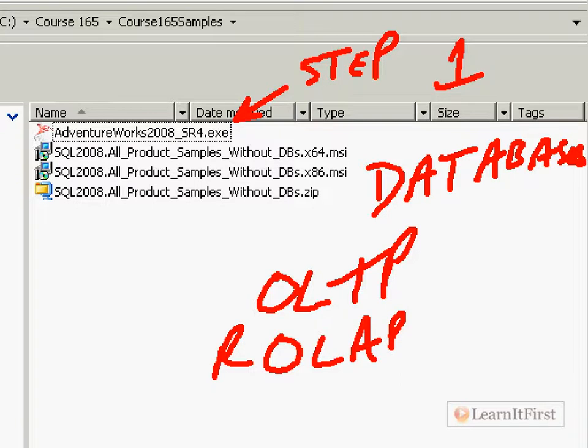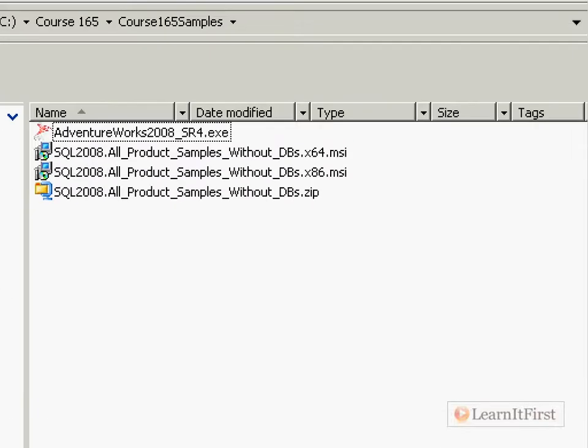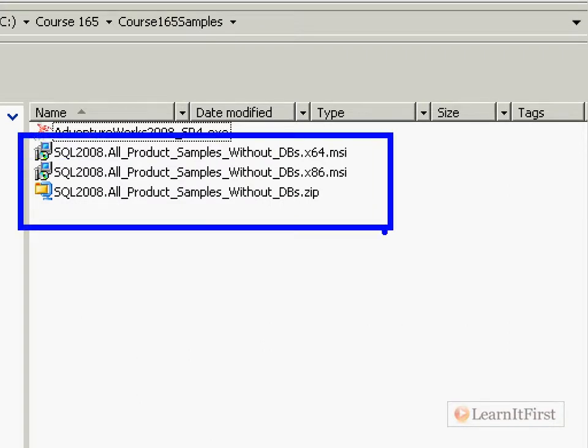Now later on, we're going to come in, get rid of those, come back in, change to a different color, and we're going to talk about what are called the product samples. So you can install those now, but you need to do it after you built your databases. This is your reporting services samples, the integrated samples, the integration services samples, the analysis services samples, the SQL Server database engine samples. Pick your processor architecture, whether it is 32-bit or 64-bit,